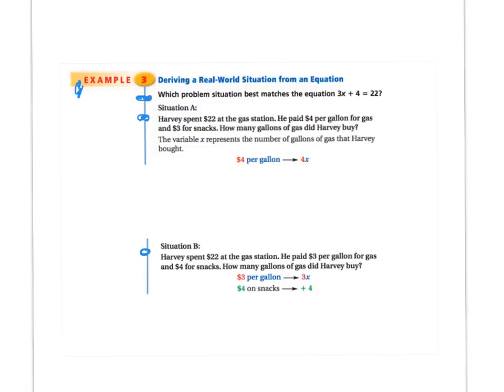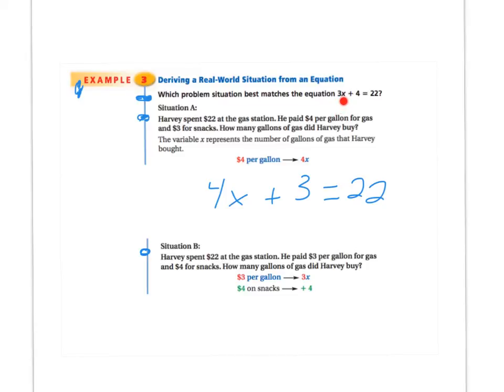So we would have, in this case, 4x plus the $3 of snacks he bought would have to be $22. Now, if we look back at the equation, that doesn't match. This equation says we have to take 3